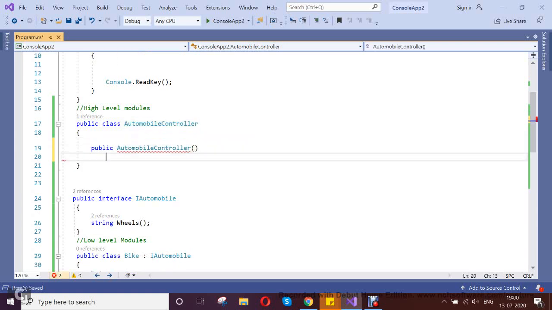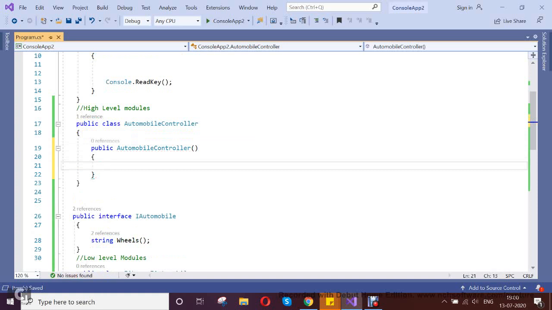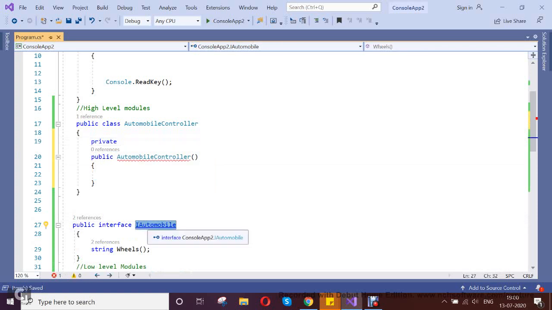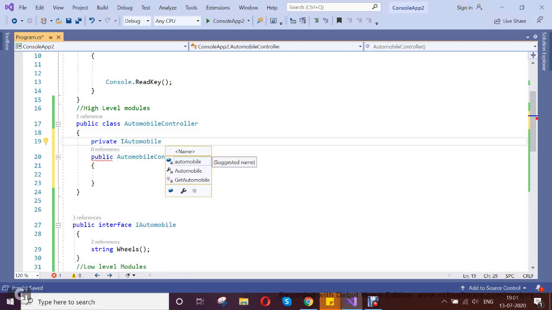So now again my high level module depends only on abstraction. Here the abstraction is my interface automobile. Let's go and create it. We just declare this field.